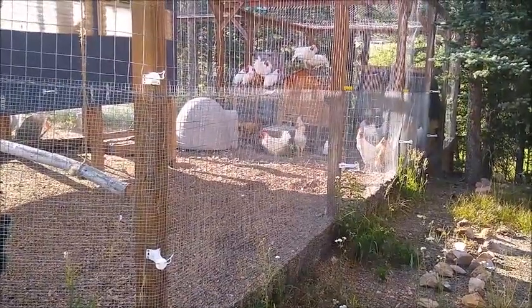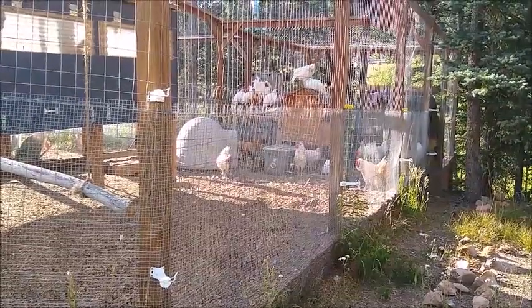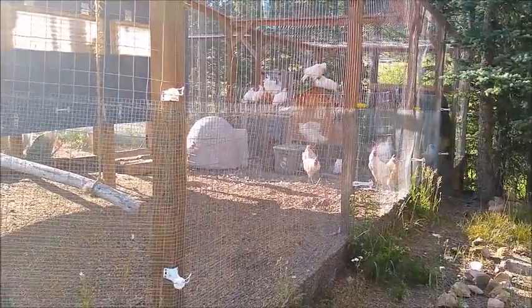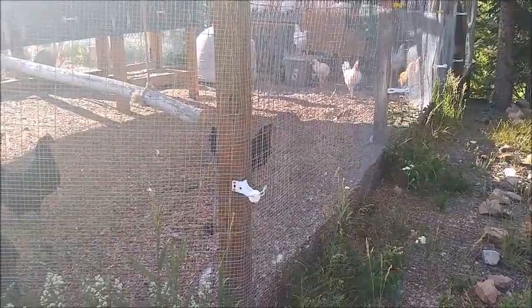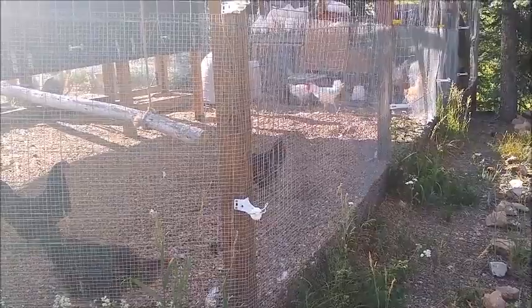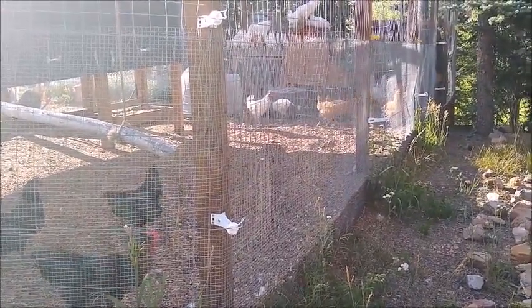So in addition to patching the fencing for the chickens that the bear ripped out, we've added some electric wire lines all the way around the garden. The first one is at about 2 feet from ground level, and this is to stop animals that are going to come up sniffing around. They're coming in lower, and so before they can get up and do any damage, they get zapped, and hopefully